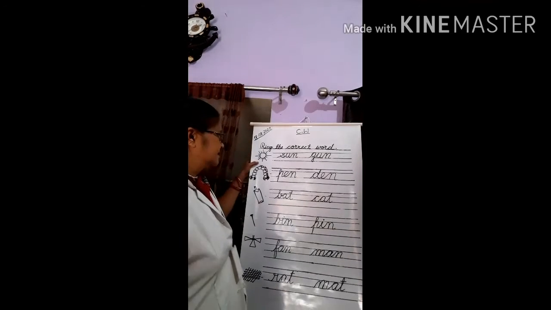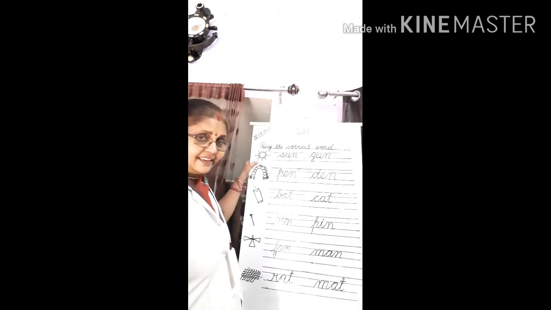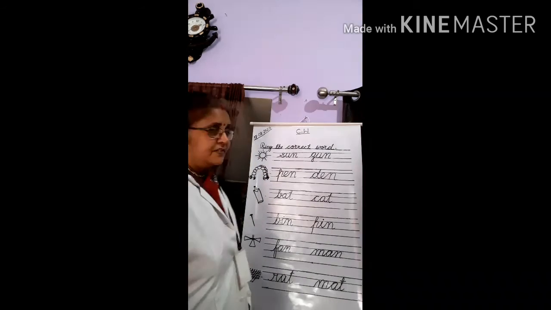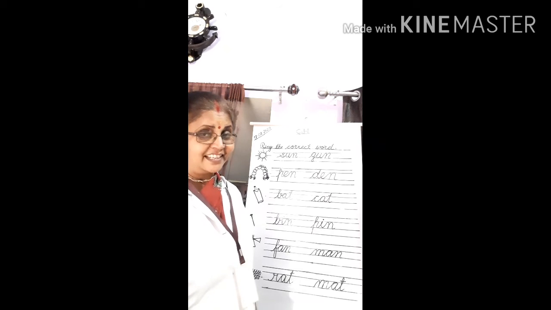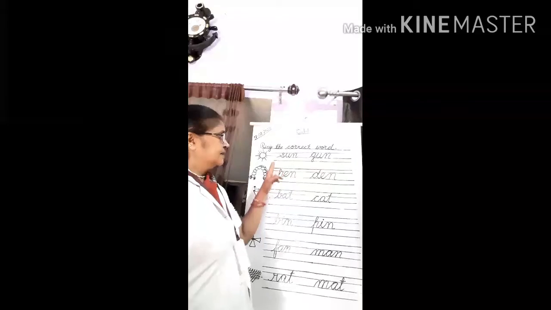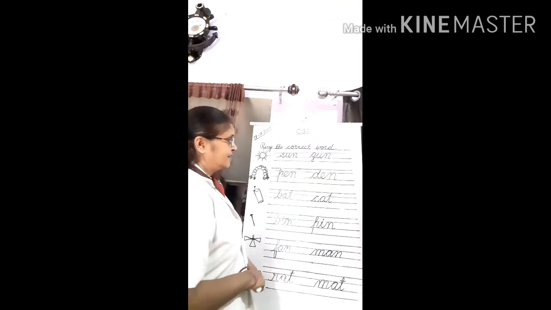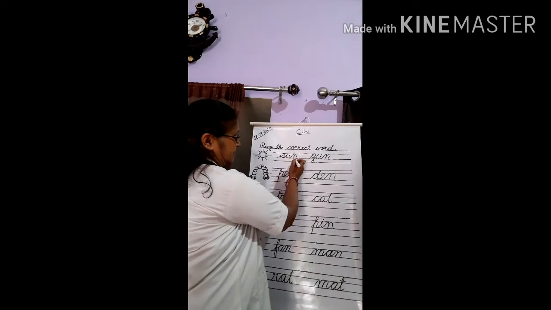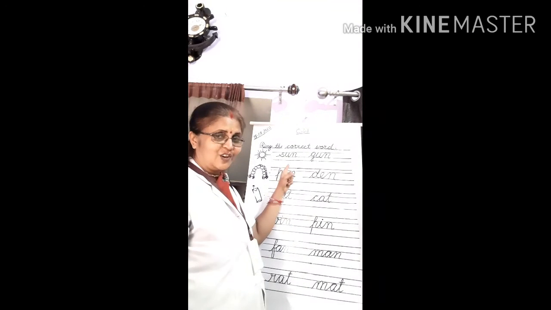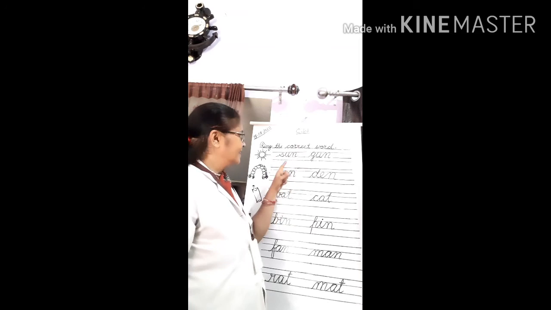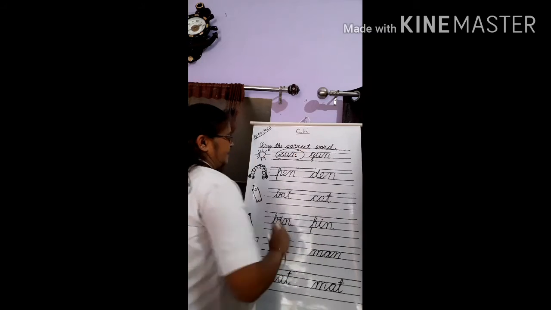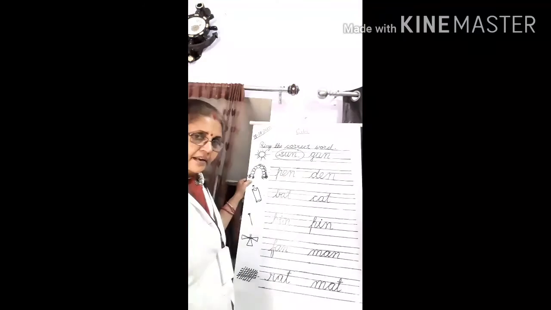First number. See here. Which picture is this? Yes. This is the picture of sun. And what is the spelling of sun? Yes. The spelling of sun is S-U-N, sun. So you have to make a circle around the sun. Which one is the sun? S-U-N, sun. This one? G-U-N, gun. This one? No, this one is correct. So you have to make a circle around it. Make a circle here. Okay? Then afterwards come to the next point.